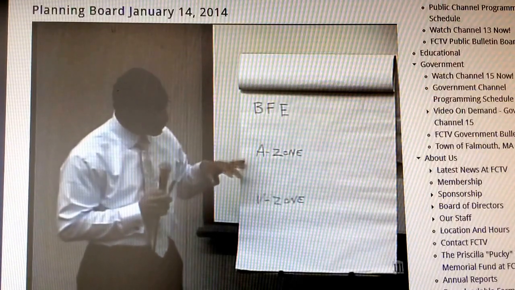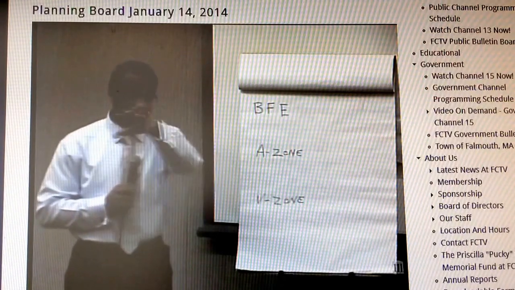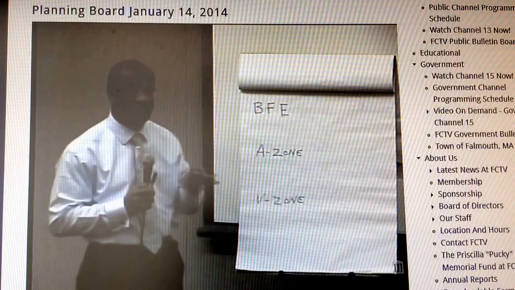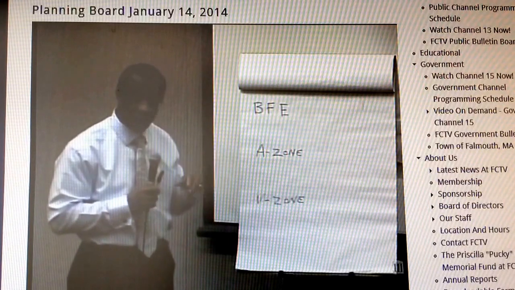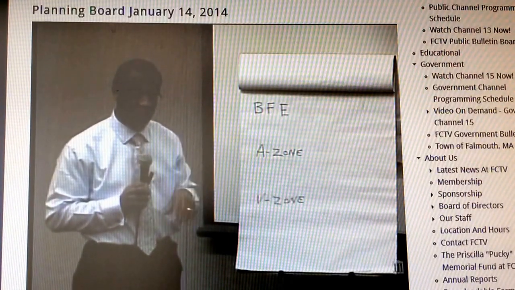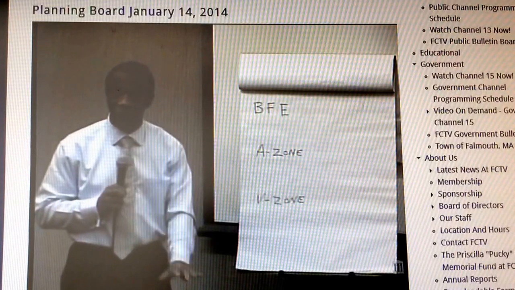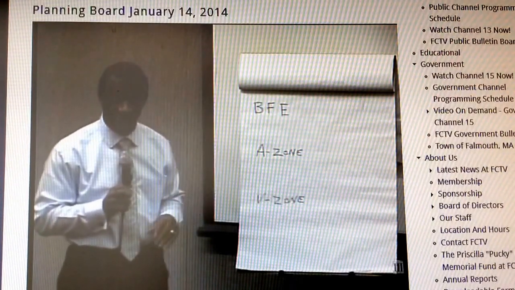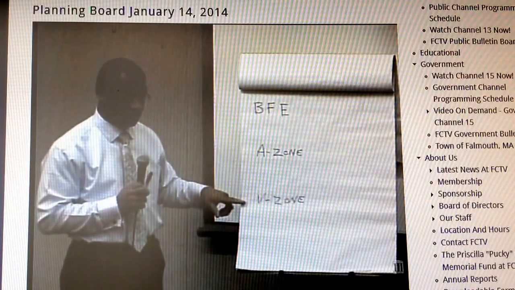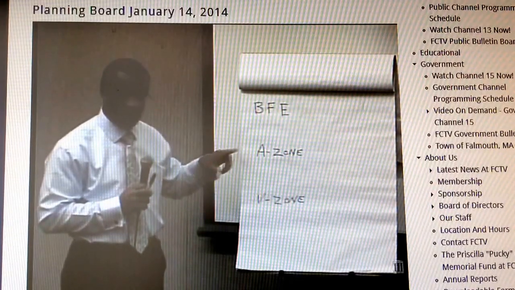So much of the town of Falmouth, the center of Falmouth, is in the C zone, which is not a hazardous zone. There are other areas that are in the B zone, again, not regulated, not hazardous. There is some chance that in the B zone you could get some minor flooding, but it's not significant. So these are the two zones that are the ones that are significant, and they have impacts in terms of